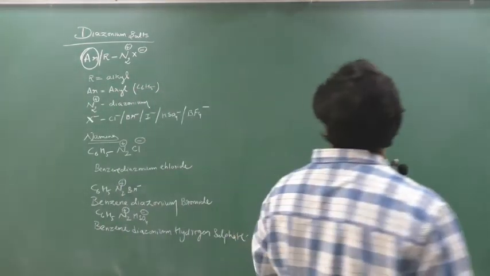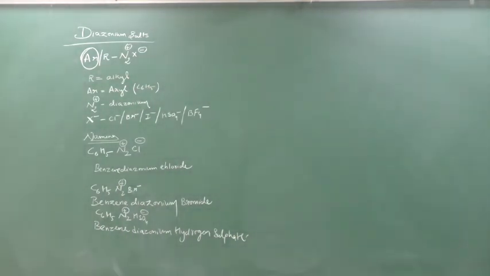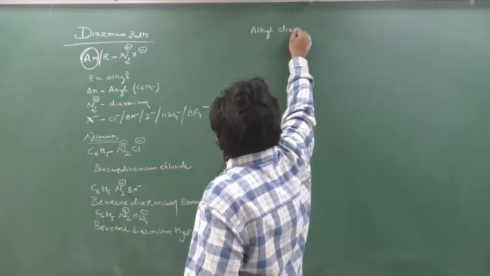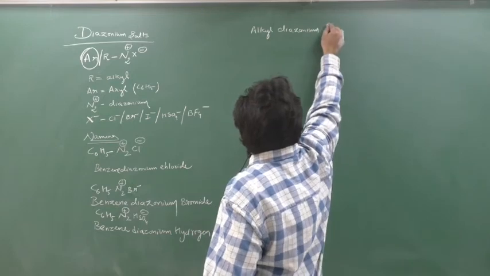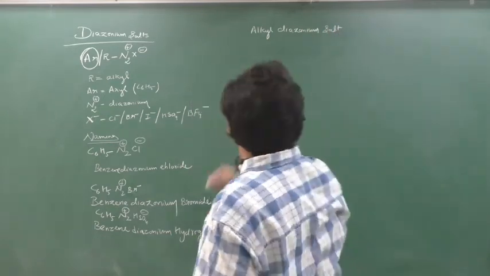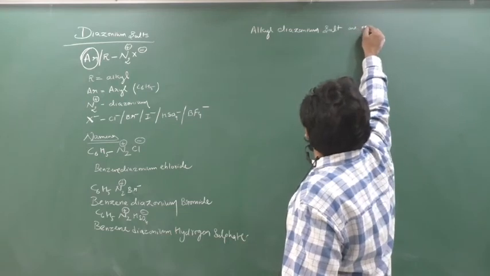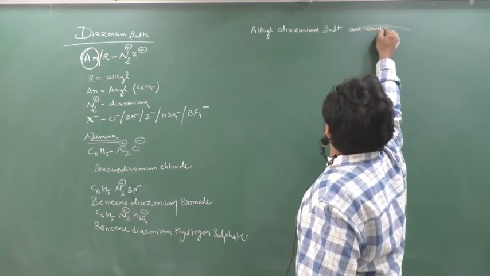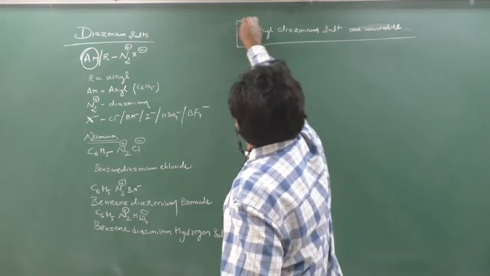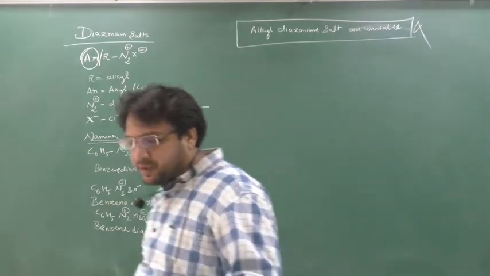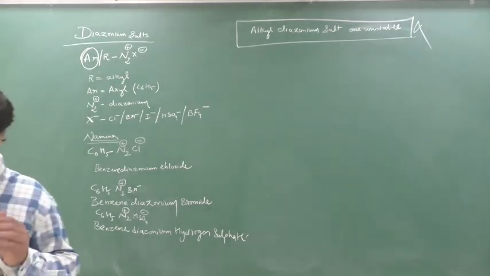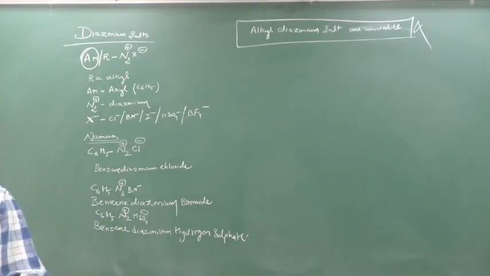Clear? Now we will see some other topic also here. We are going to study only aryl, not alkyl. Why? So I can say that alkyl diazonium salts, all these are salts, are not stable or are unstable at room temperature. Hence, we are not going to study alkyl diazonium salts. We are only going to study aryl diazonium salts. Why? Because the aryl diazonium salts are stable due to resonance at lower temperature.